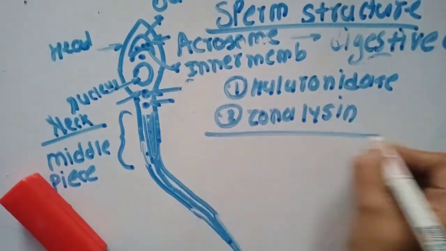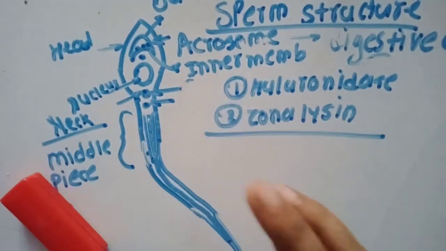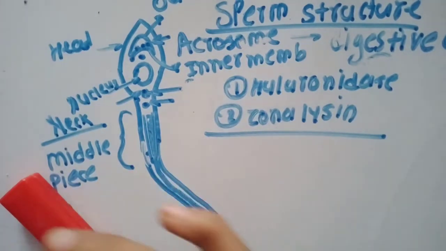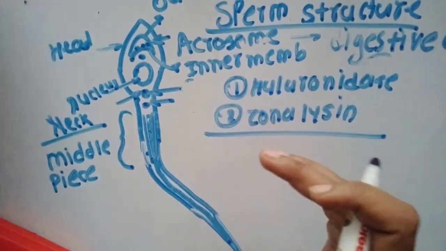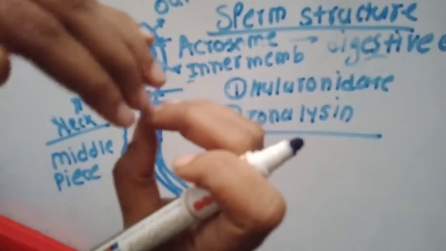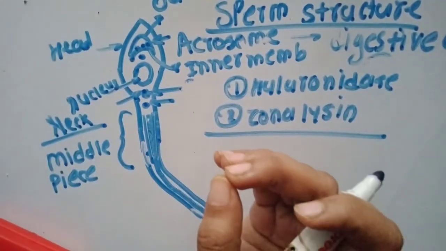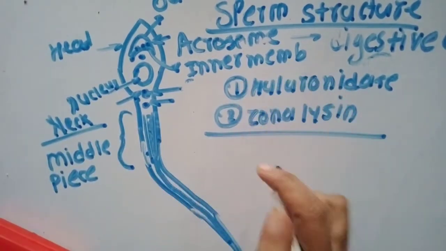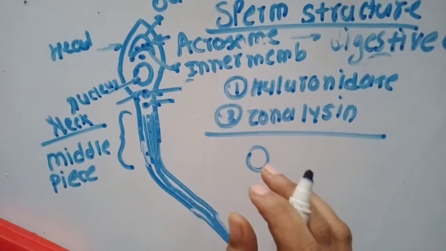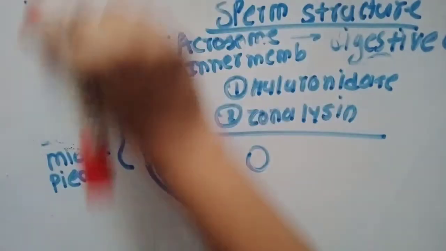Basically the ovum is surrounded by a jelly coat and a radially arranged zona radiata. When the sperm enters the ovum, it has to penetrate into the egg, so it has to break away all these membranes surrounding the ovum. For this purpose the digestive enzymes play a very important role. Now I'll go to the fertilization steps.